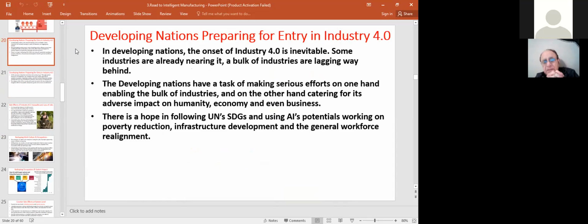Now, we can't resist the onset of Industry 4.0. It is coming. It is inevitable. You can't resist it really. And some of us are already into it. And so Industry 4.0,